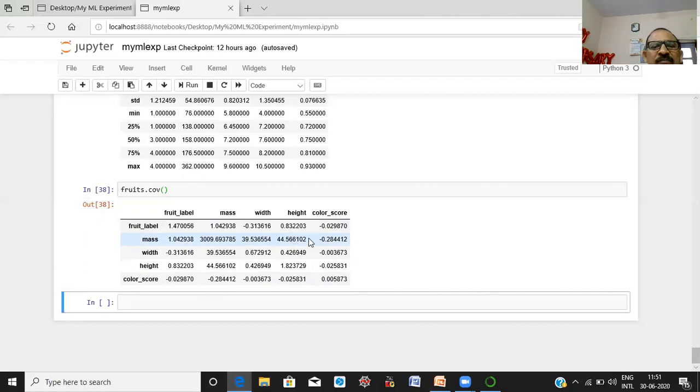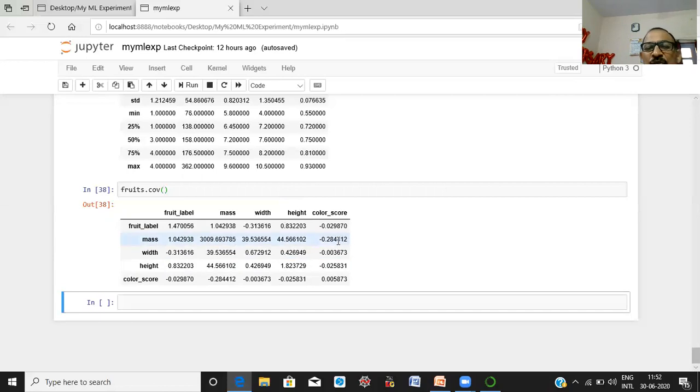It means mass and height are related positively with 44.56, meaning if mass is increasing, height is also increasing. If the value of mass is decreasing, the height is also decreasing.